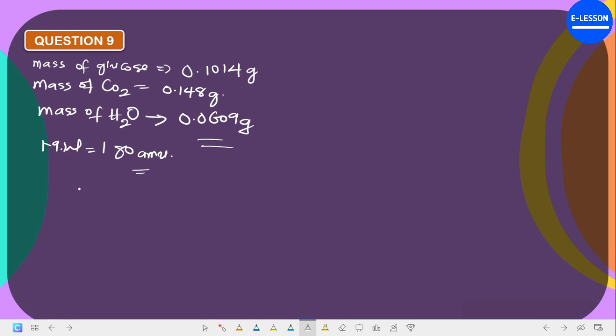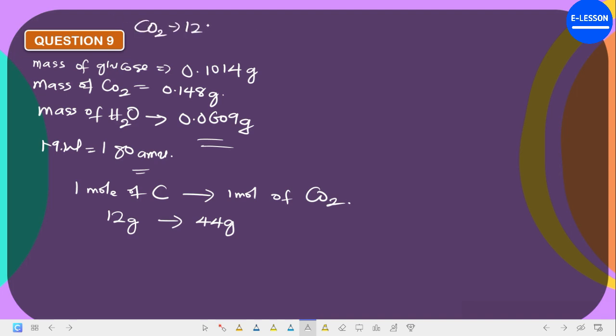carbon dioxide. Now we know that there is one carbon, so we can say 1 mole of carbon is present in 1 mole of carbon dioxide. And that 1 mole is approximately 12 gram. The atomic mass of CO2 is 44 gram, because CO2 is carbon 12 plus oxygen 16 times 2, which is 12 plus 32, approximately 44 gram. So if 12 gram of carbon is present in 44 gram of CO2, therefore